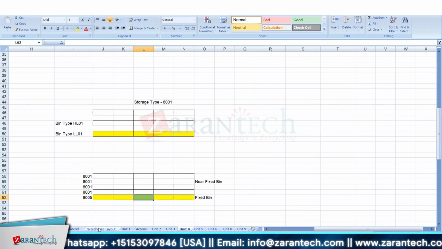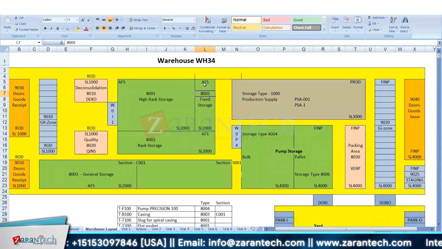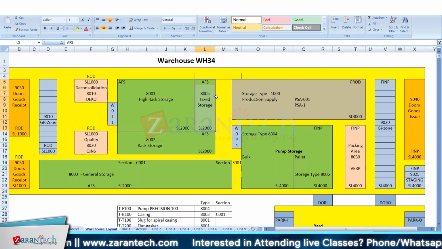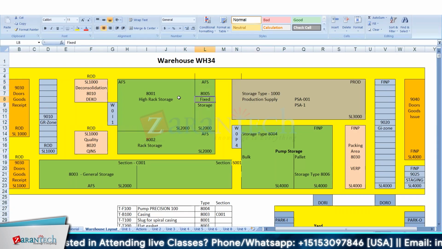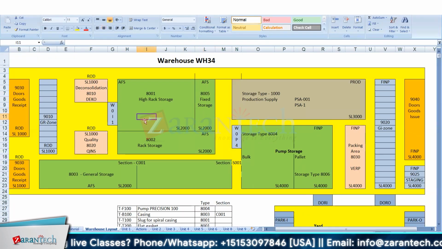Fixed bin storage is like a marketplace, like your grocery stores. They have small bins with all the parts, just to give you a representation of all the parts so that you can pick and choose and take them. You'll not keep big pallets in your retail outlets, right? Similarly, this is a shopping area for production. They come here and pick the parts. Whatever bulky parts we get, pallets of hundreds, we store them in 8001